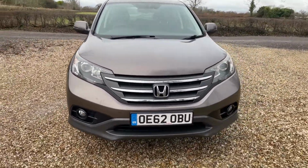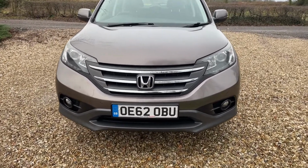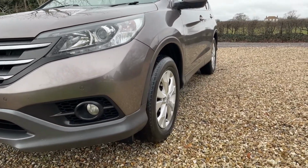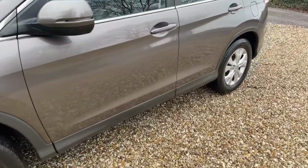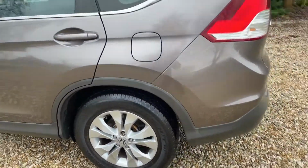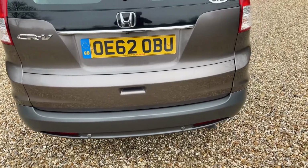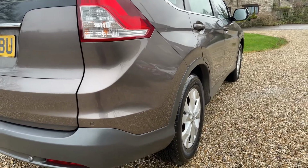Going around the car for you, front of the car's really clean, lights and lenses clear, intact, no cracks or condensation in there. Front bumper very clean, likewise bonnet hardly exhibits a mark anywhere. Near side, passenger side, again lovely and smooth in the panel work. Bumper corners, bumper itself again all really clean at the back here. And to the off side of the car, driver's side, again just beautifully smooth in the panels, and it just